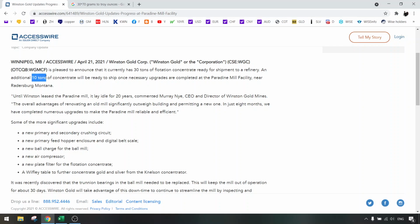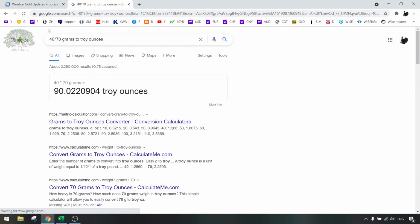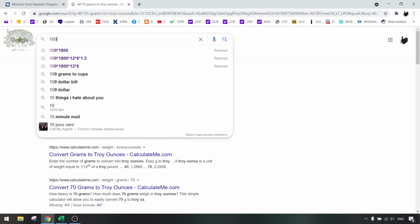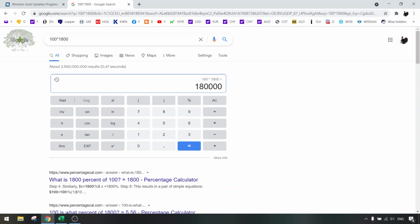Let's say this 10 tons is also added, then we have 40 tons. So that's about 100 troy ounces. So 100 troy ounces times 1800, the gold price today, we have around $180,000 of revenue, and we deduct some of the concentrate fees on that. It will probably then be 150,000 of revenue. So I think that's not enough